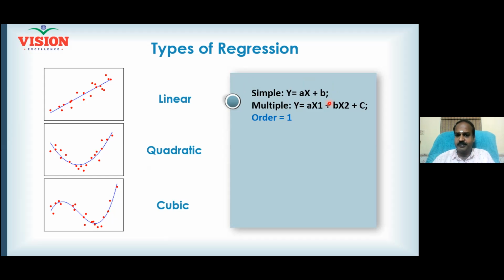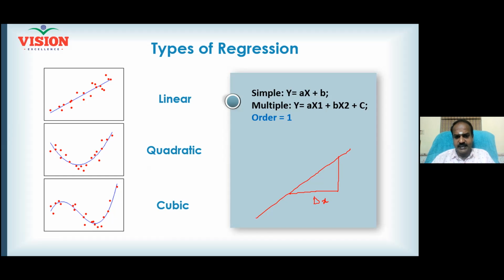Where what is m? M is the slope of the line. C is the y-intercept, right? Let me show it. Suppose, let's say you have a straight line. I want to find out the m. At any point, I will draw a line, a horizontal line, a line parallel to x-axis. And now I will also draw a vertical line. Now this is del x.